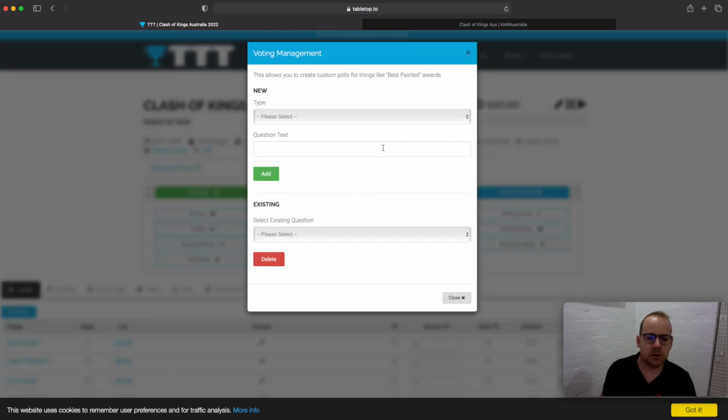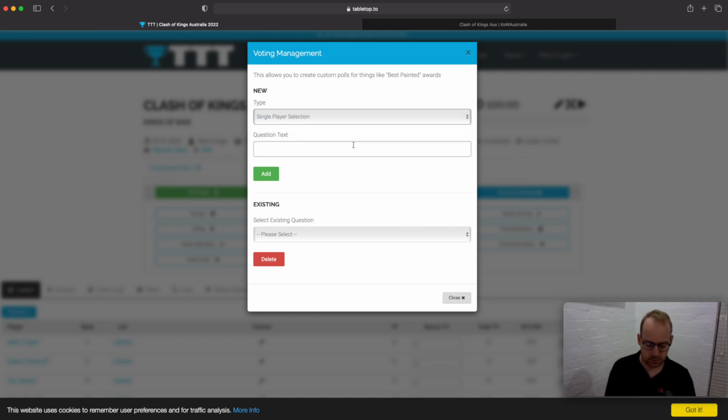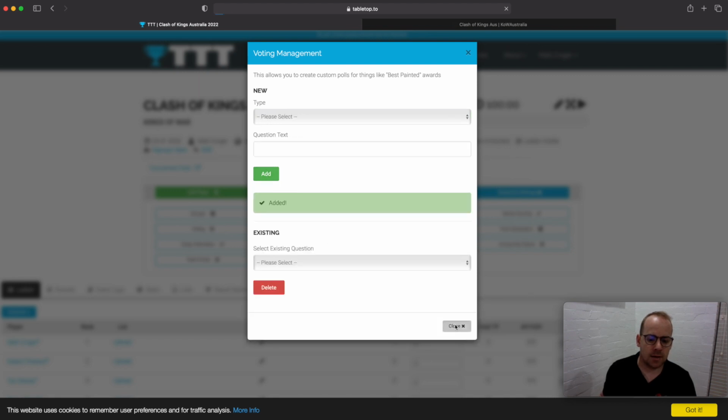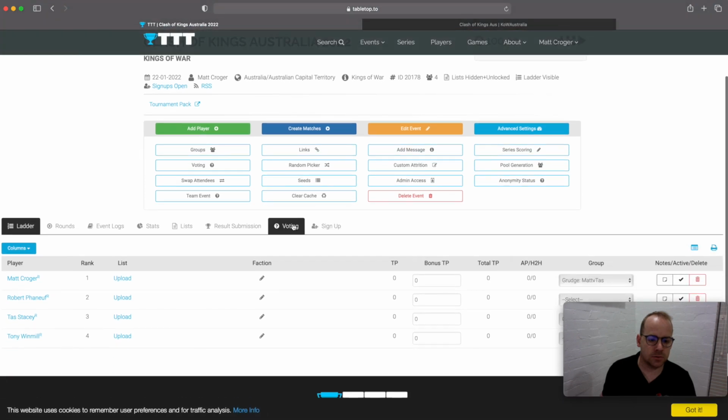Voting is really useful if you want to vote for a best sport or best painted. So for example, you can do a 3-2-1 selection or a multiple choice question. Typically I use the single player selection. So I do best painted. This is obviously good for people's choice, not if you have a painting rubric. So I just click best painted, and then what will happen is when players come to their voting tab,